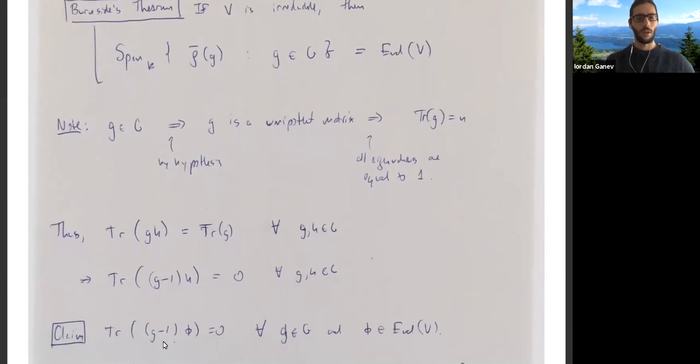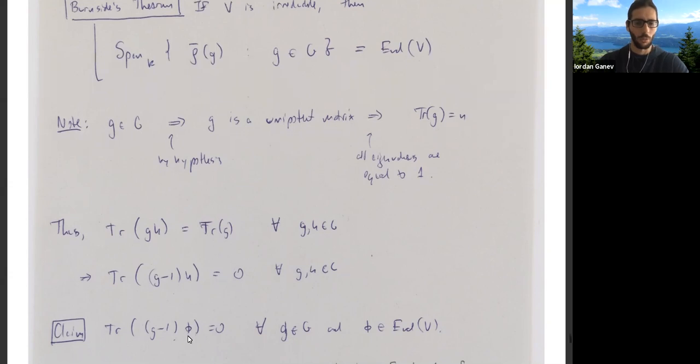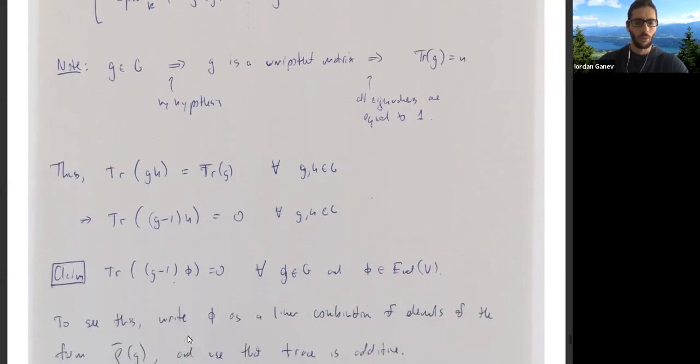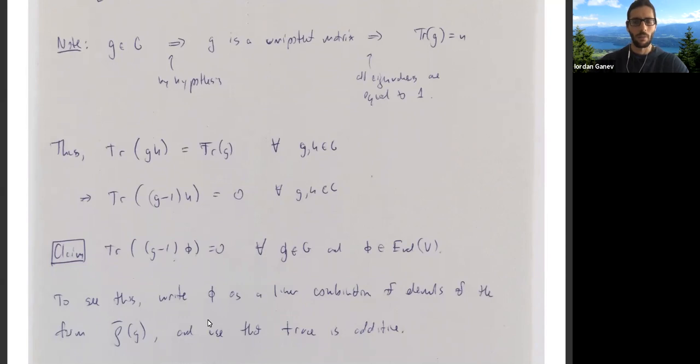Okay, and now we have the following claim: if we think of G minus 1 times phi, so before we thought about G minus 1 times H, and we argued that the trace of that is 0, but now we can replace H by any endomorphism phi of V, and the trace of that product will be equal to 0. And why is that true? Well, that's because of Burnside's theorem. So we can write phi as a linear combination of elements of the form rho G, and then use the